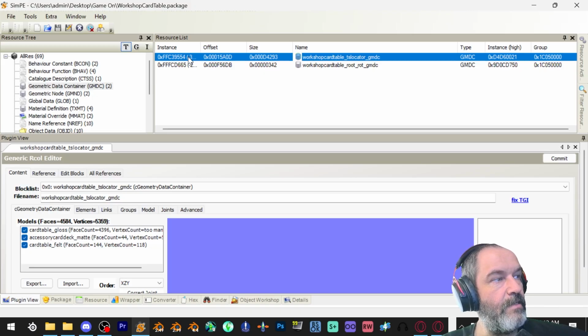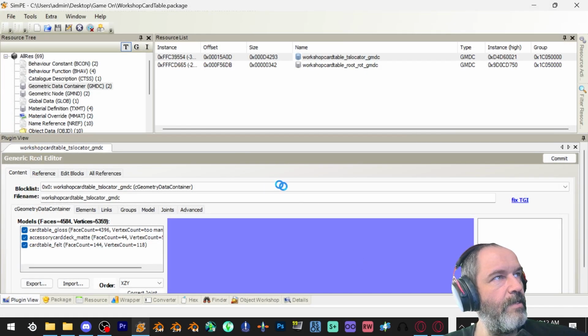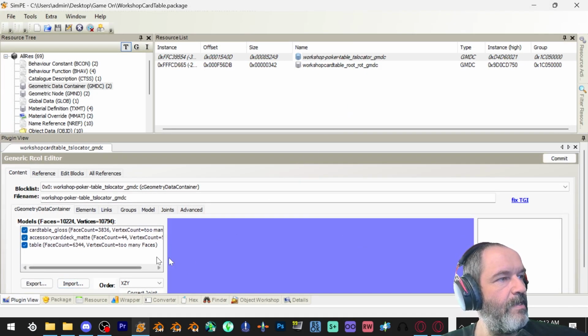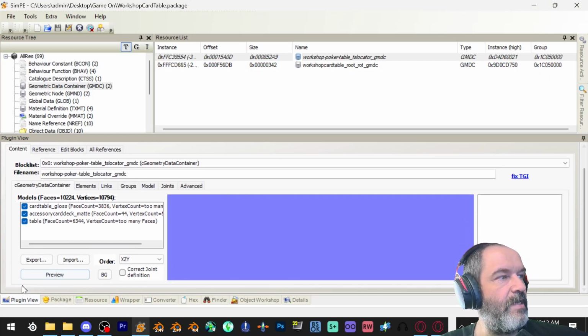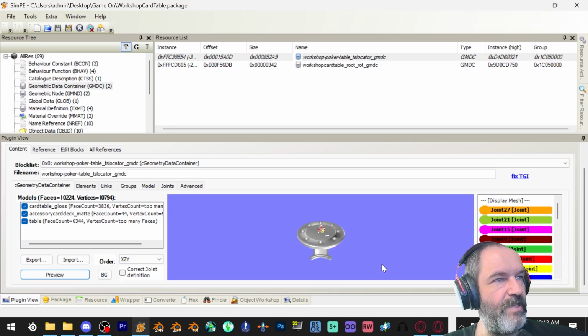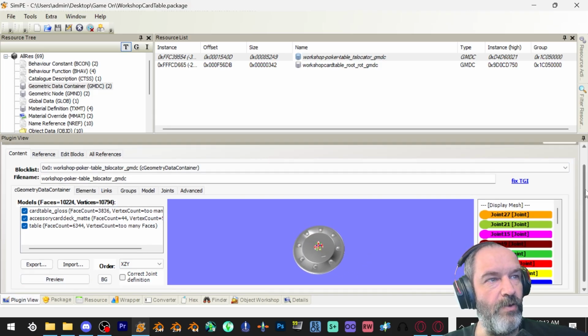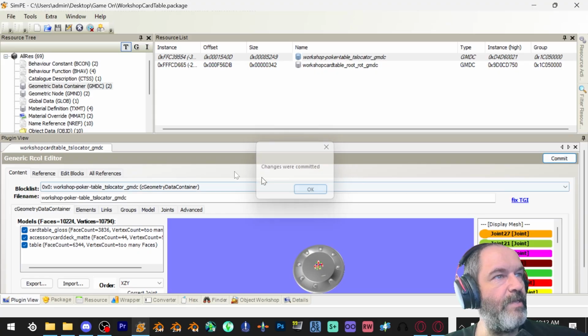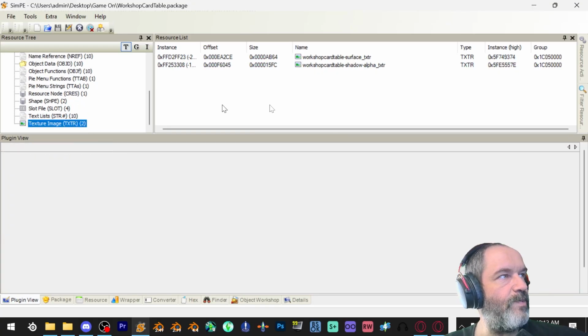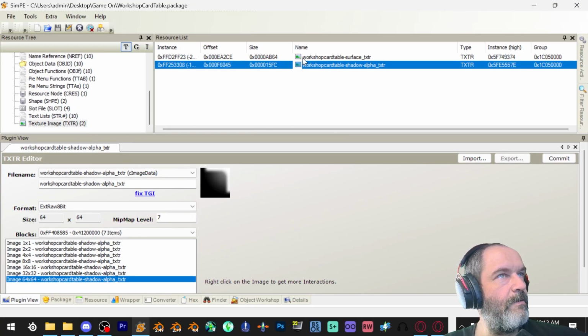Then we select the TS locator GMDC. We right click, we replace, and we go Workshop Poker Table. Now you can see that we've got a new group named Table, which doesn't have a texture assigned to it. And the normals aren't lovely. I don't like that. So we go to